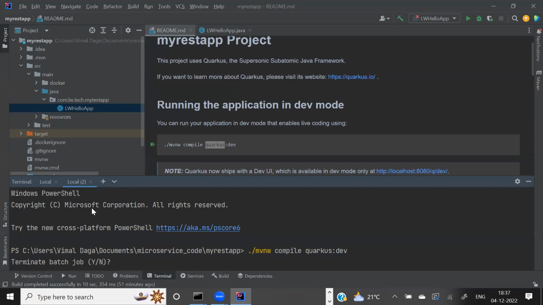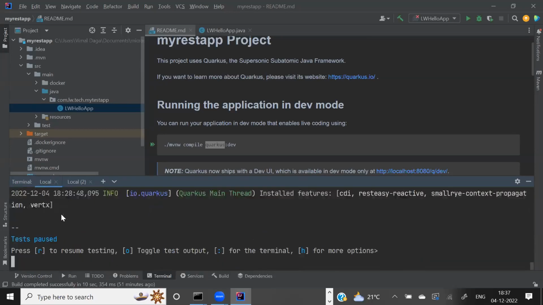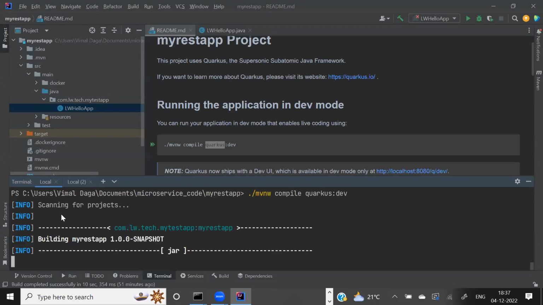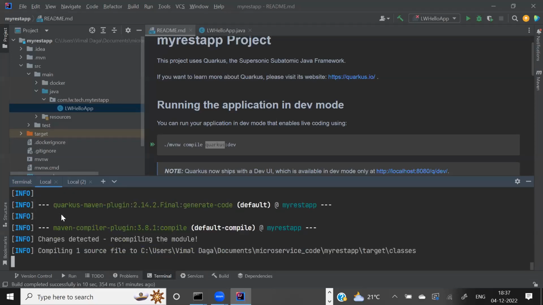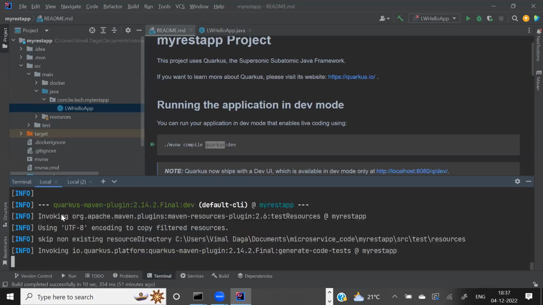So Control C to exit, yes, it is all running here. Control C, clear. So let's see, guys, after the compile, the run.